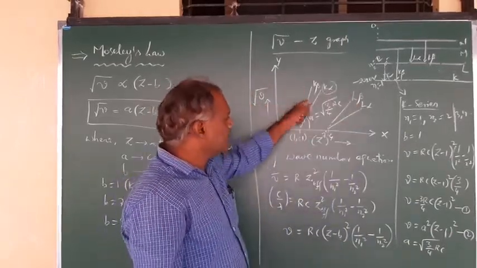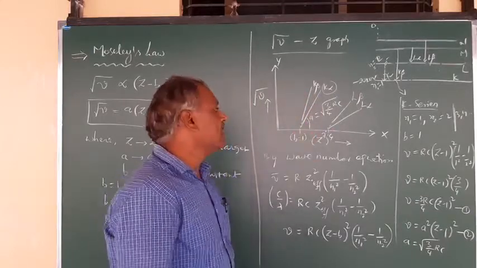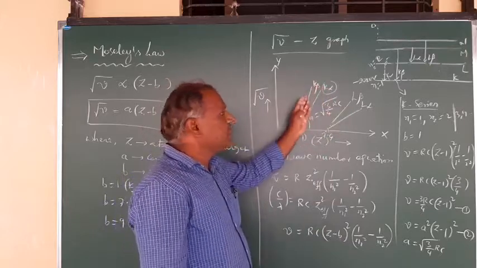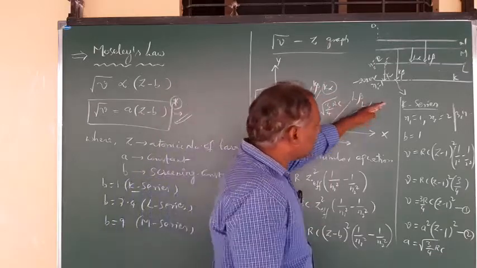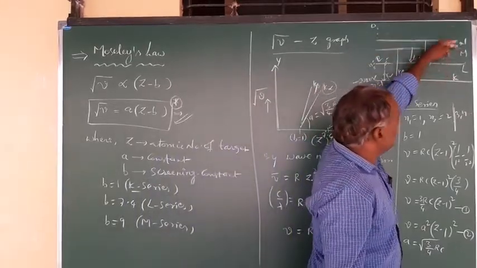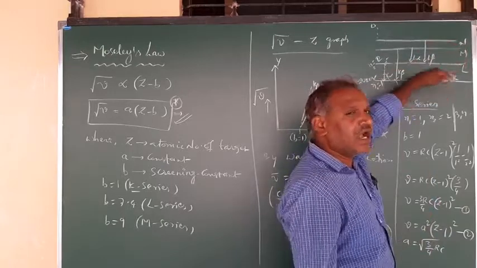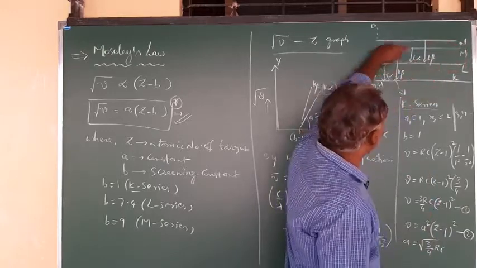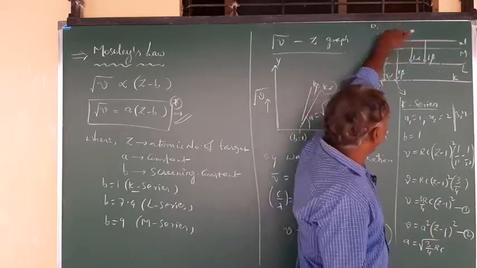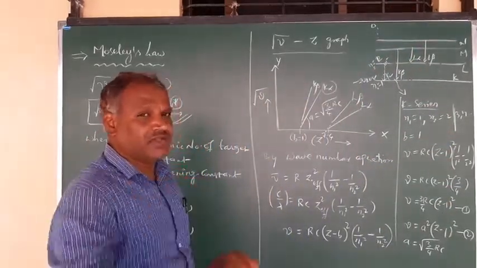If you go for the K beta line, this slope will be somewhat more. So like this it goes on increasing, right? So the slope of the K series will be more compared to L. If you go for M, that will be still lower slope compared to L. So when you go through the K, L, M, N series, the slopes will be decreasing. The highest will be the K series, and in that the highest one goes on increasing: K alpha, K beta, K gamma. In the K series, you can observe these higher order transitions having more slope. If it is asking the series, the K series will have the highest slope.